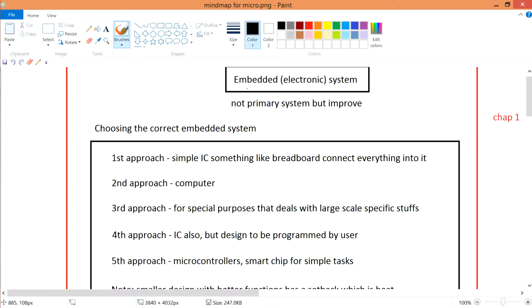This video will talk about embedded electronic systems in a very short manner. Alright, chapter 1. Okay, so an embedded electronic system is a system that is not the primary system, in order to improve a